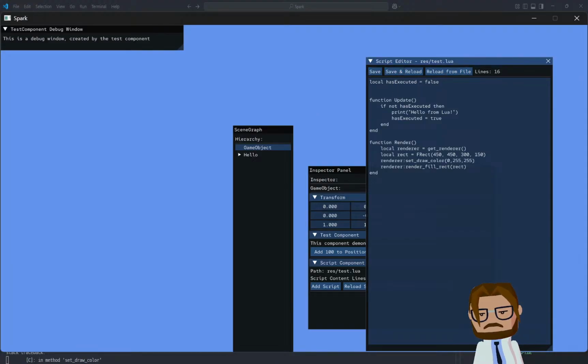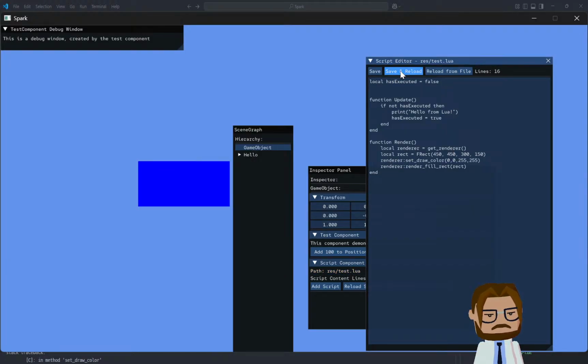No. Dang it. Okay. Because it's missing one of those zeros. It's kind of scary seeing all those error messages at once. But yeah, we're actually drawing to the screen now with a renderer,